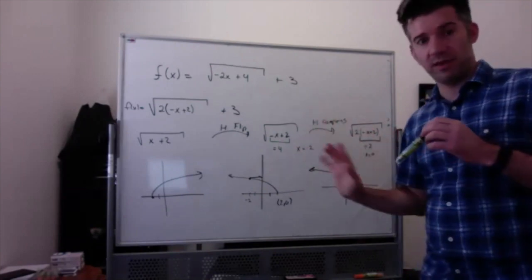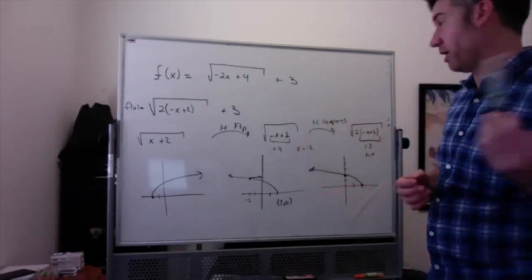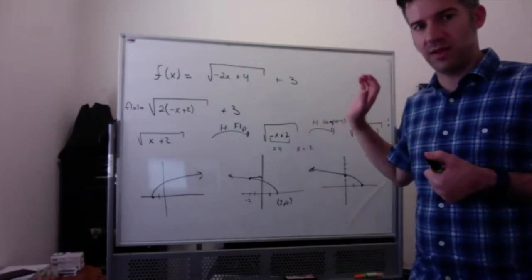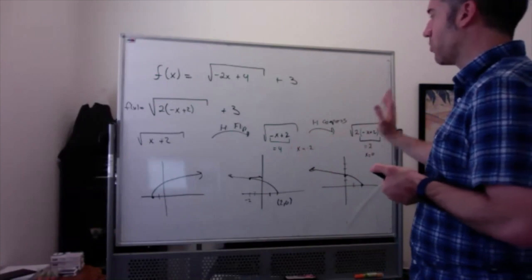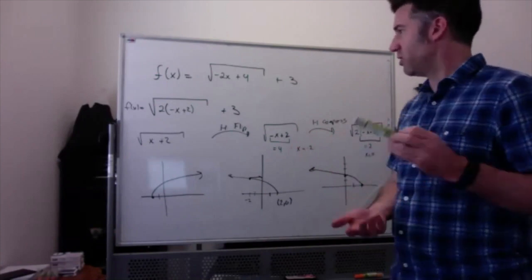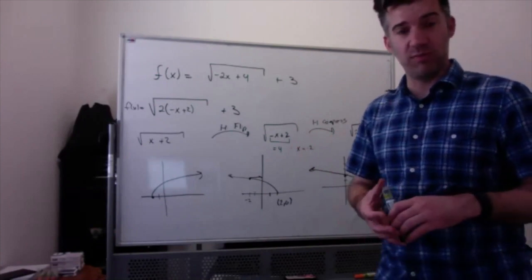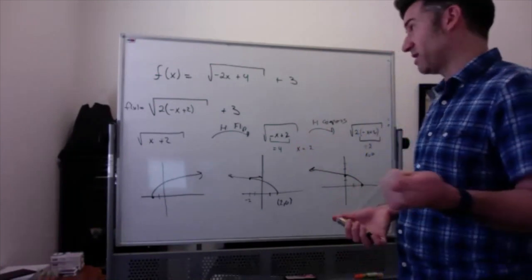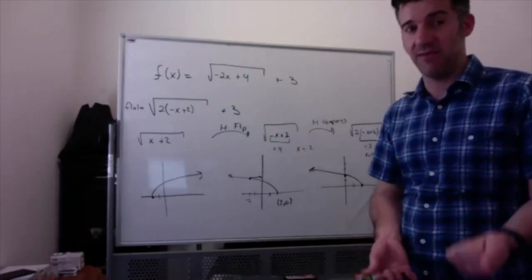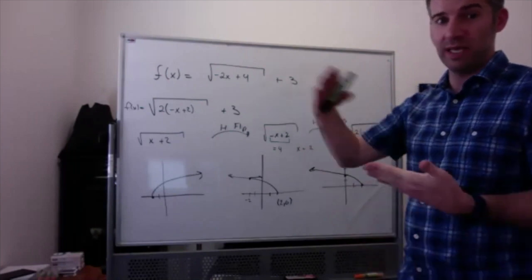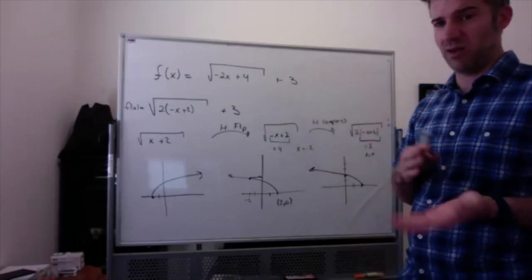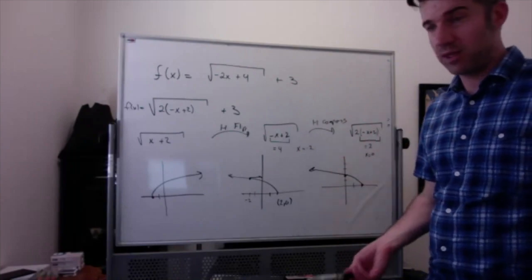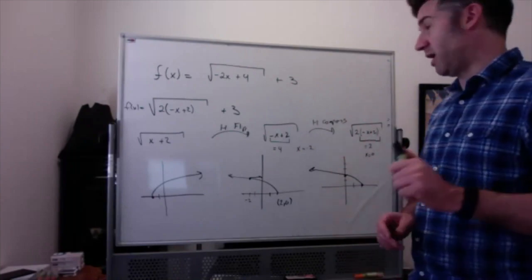One note about this, and I'll let you go since it's 201, 202, sorry. I wouldn't worry too much about the horizontal flips and the horizontal stretches. I don't think I asked many questions about that, but I do want to let you know that the name of the game here is to be careful and use the tools you have at your disposal. It's definitely worthwhile to look at each of the steps through Desmos and see what each step through the transformations of this graph looks like. And I will end there because